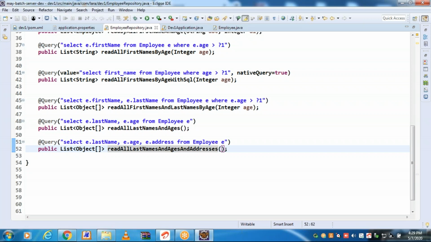So 3 fields we are reading. Object array, depending on your requirement, you can go for.